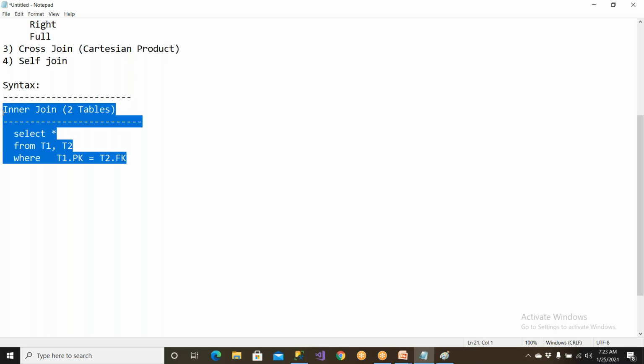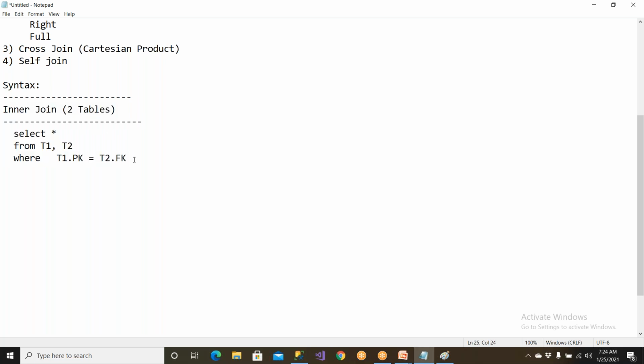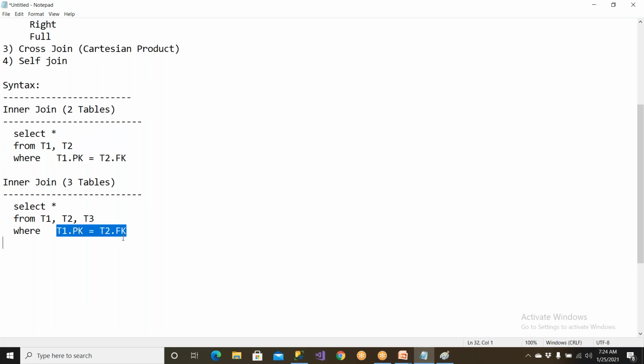But if you wanted to join three tables, you need to write like this: inner join of three tables, T1 comma T2 comma T3. This and this are joined with the help of this expression. This is what is called the joining predicate, joining expression, or joining condition. How do you join these two tables? Based on this condition. But how is this table joined? That condition you should also be able to write like this: